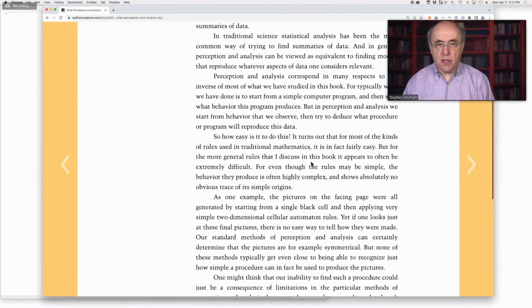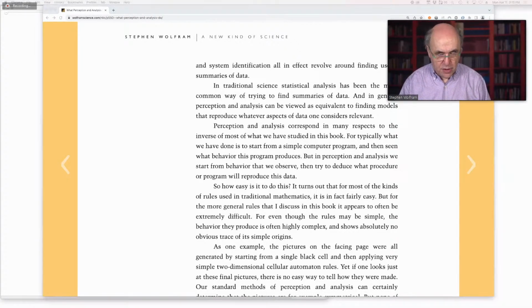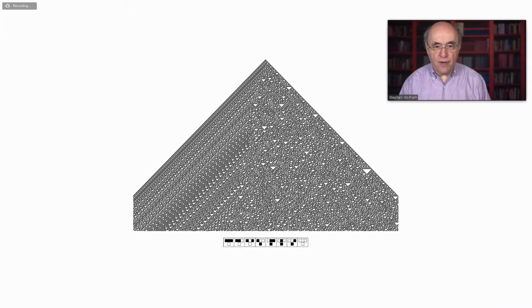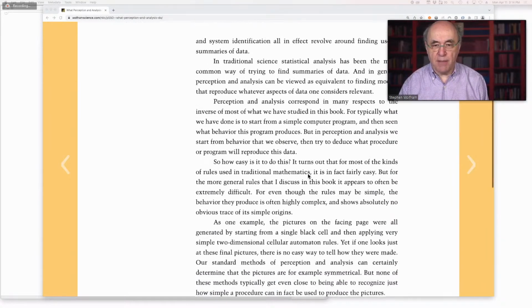So one of the questions that is core to the NKS book is this: when you see something like the Rule 30 pattern, and you're confronted with that pattern on the screen, and you're asked, given some piece of this pattern, can you perceive that it has a regularity, that it comes from this simple rule? Or does it, according to your methods of perception and analysis, just look like a really complicated thing that you have to be told separately came from that simple rule? So that's a big question of just how powerful the methods of perception and analysis can be.